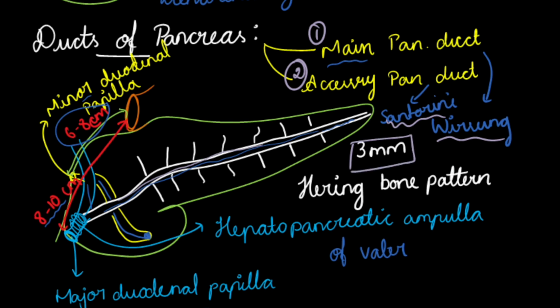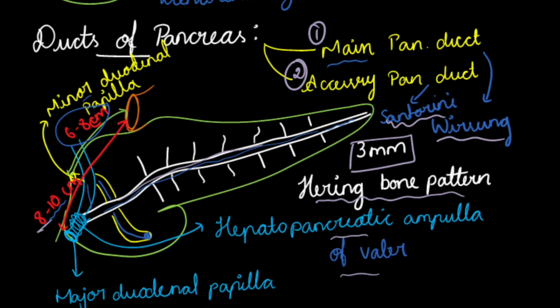tributaries, which are situated exactly at right angles to the long axis of the main pancreatic duct, which is also called the herringbone pattern. It gets joined with the bile duct in the head of pancreas, and it creates the hepatopancreatic ampulla of Vater, and this opening is called the major duodenal papilla, and anatomically it is 8 to 10 centimeter